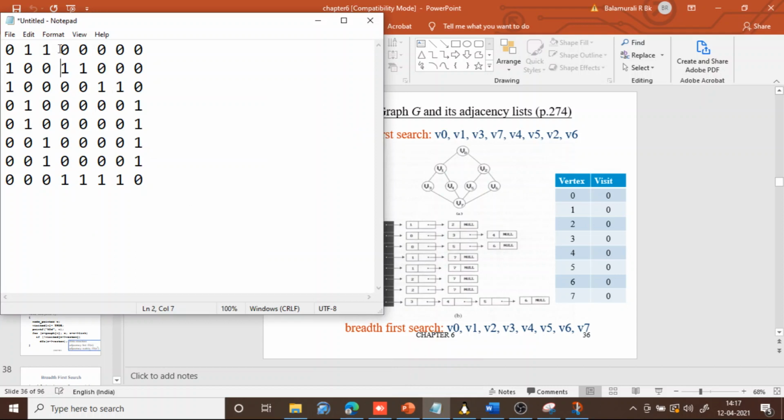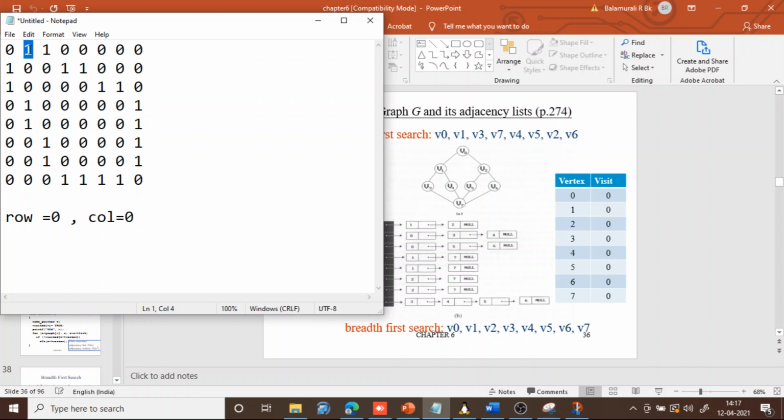Okay, here I have mentioned the adjacency matrix. So initially row will be 0, column will be 0. Let row be 0, let us not disturb. Then move from one column to another column, and check whether it is 1 or not. If it is not 1, just move to the next column. Is it 1 or not?